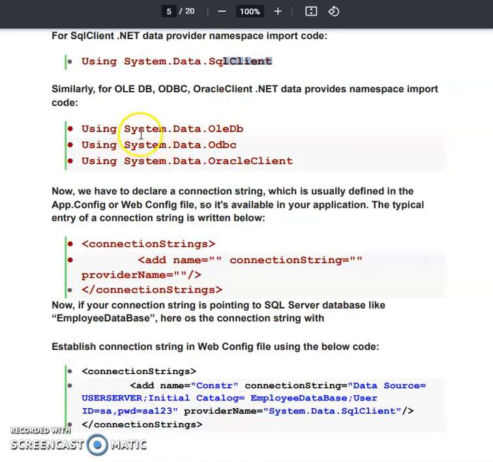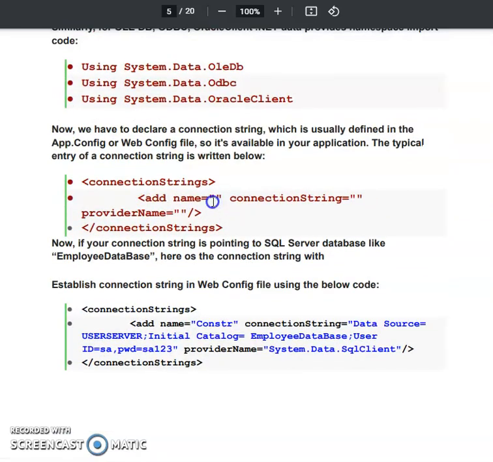For other databases, like the SQL client, you have to write the namespace as OleDb, Odbc, or Oracle client. Now there are two ways: you can add this connection to the web pages separately, or you can add this connection to the web.config file.